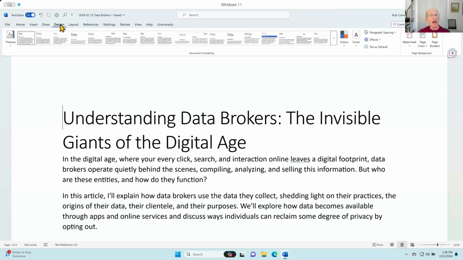But I'm not positive if it's available in the free version. Okay, so I'm going to put my cursor down here at the beginning of this paragraph, and I'm going